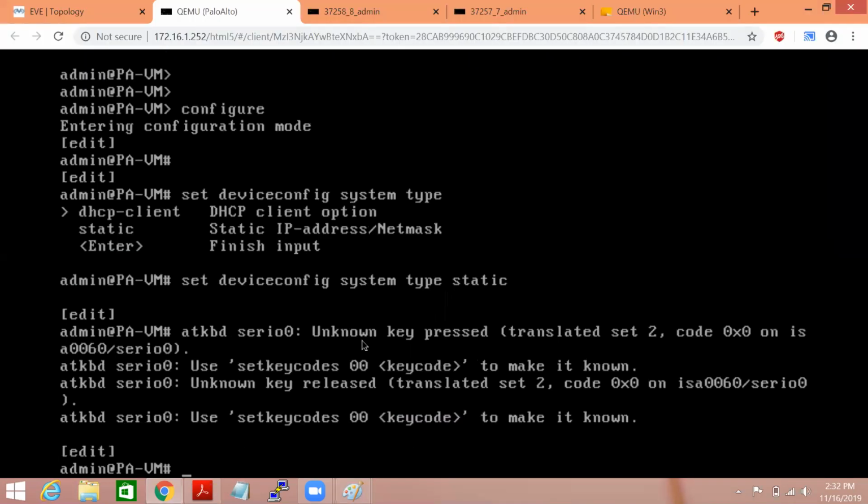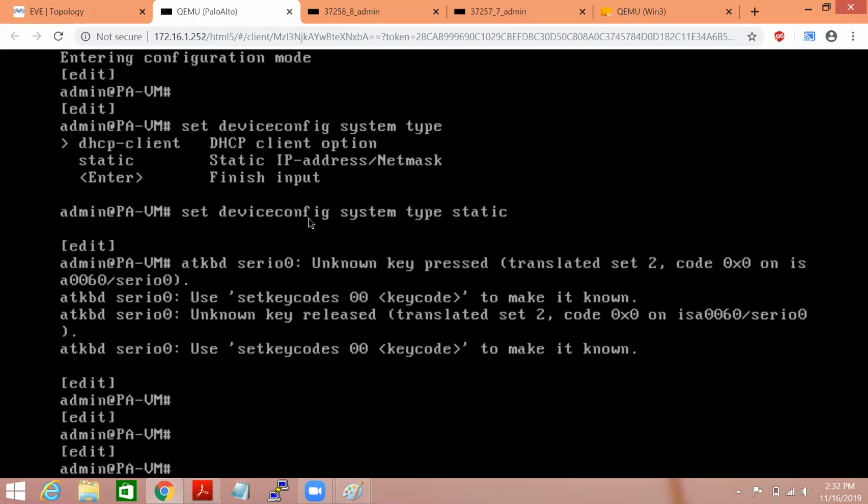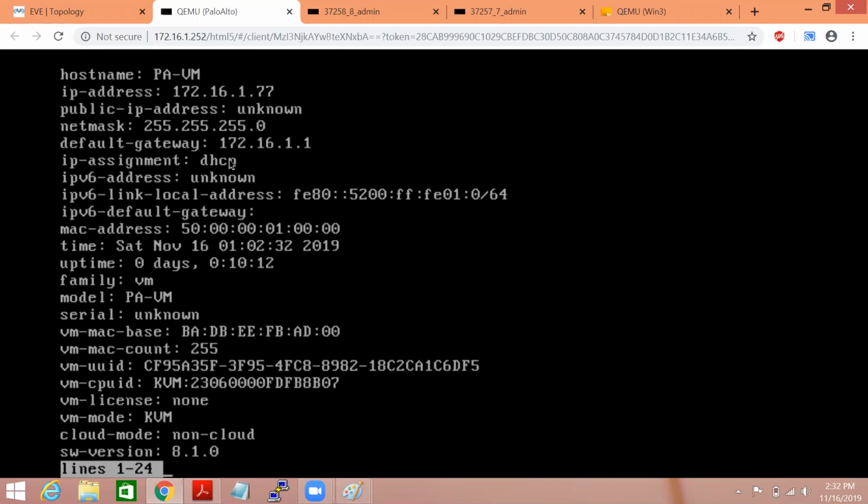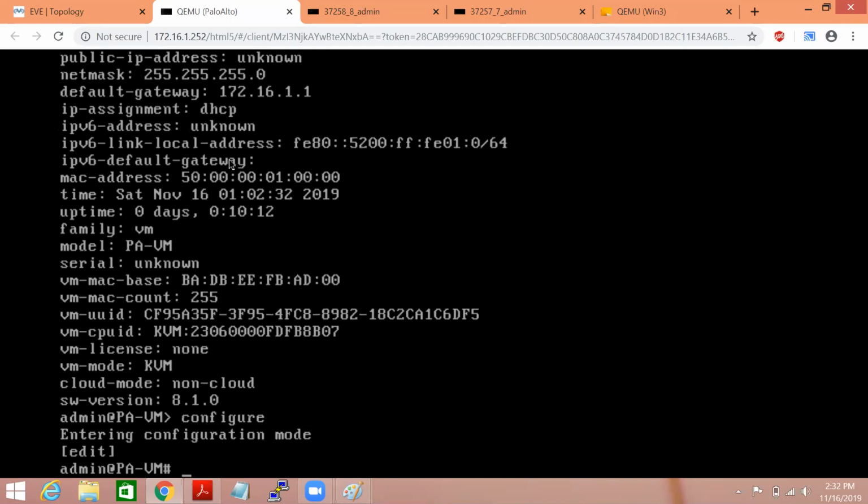So let's say I change the device config system type to static, it doesn't actually change. If I check, in order to check we again use show system info. You can check that static isn't showing here, only DHCP. So unless we commit, it doesn't reflect.